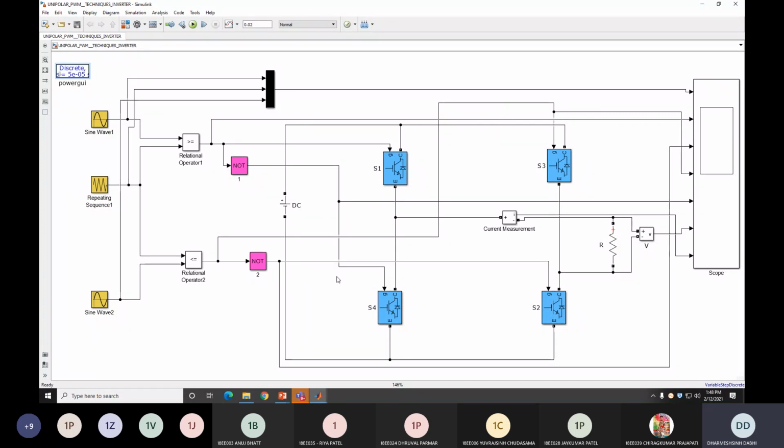Okay. So in the next lecture I will start the simulation of the three-phase inverter. The theory of that we already started: three-phase inverter, 180-degree mode and 120-degree mode. So before the next class we will complete the theory, so that we can understand the simulation easily.